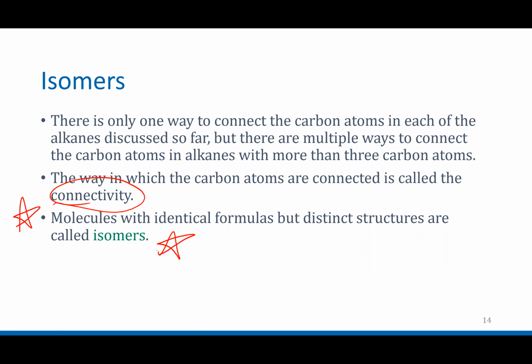The definition of isomer: molecules with identical molecular formulas, but different or distinct structures, are called isomers. So they would have the exact same formula, you know, C5H12, but they would have different shapes. They wouldn't be put together the same way. And this is kind of